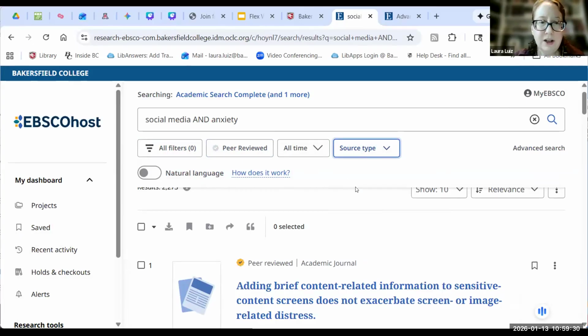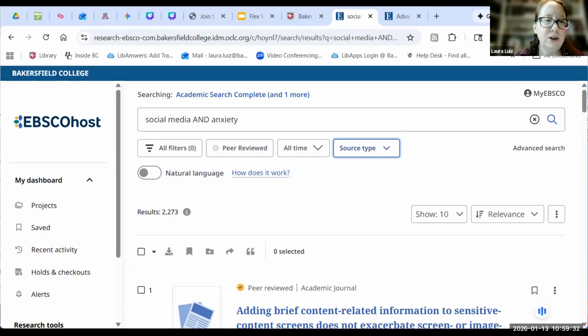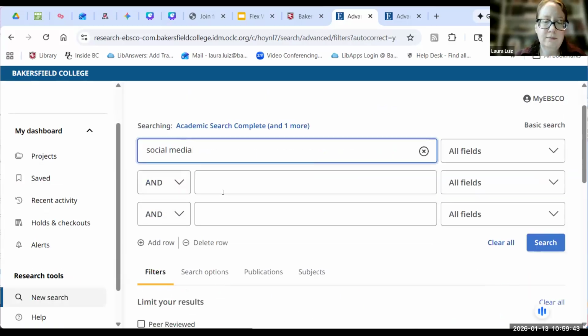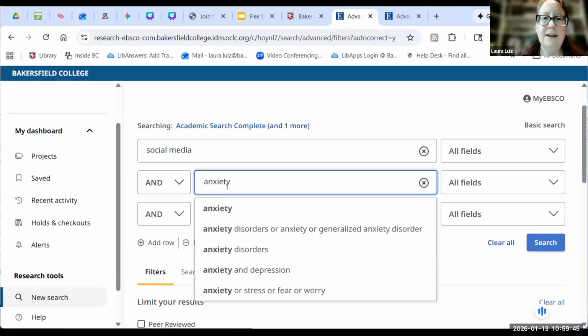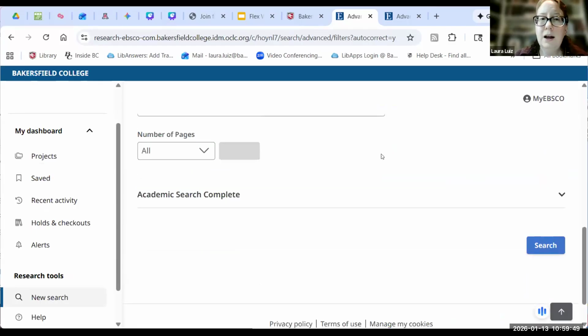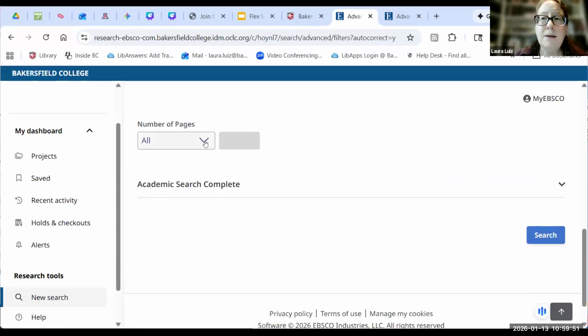One thing that I wanted to go back to, so I'm going to go back to a new search here. And this is something that's a new feature, but they've buried it. So I'm going to do social media again, anxiety. We scroll down here. They do have it to where you can limit by the number of pages